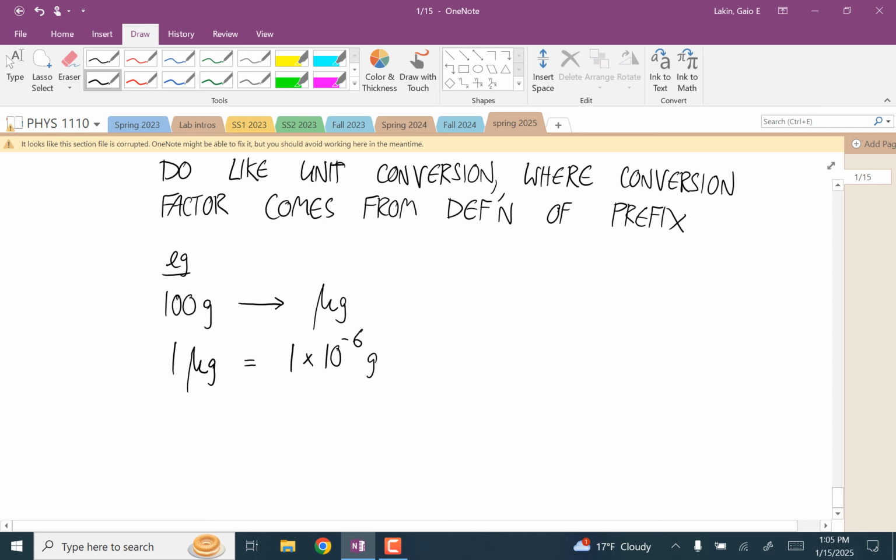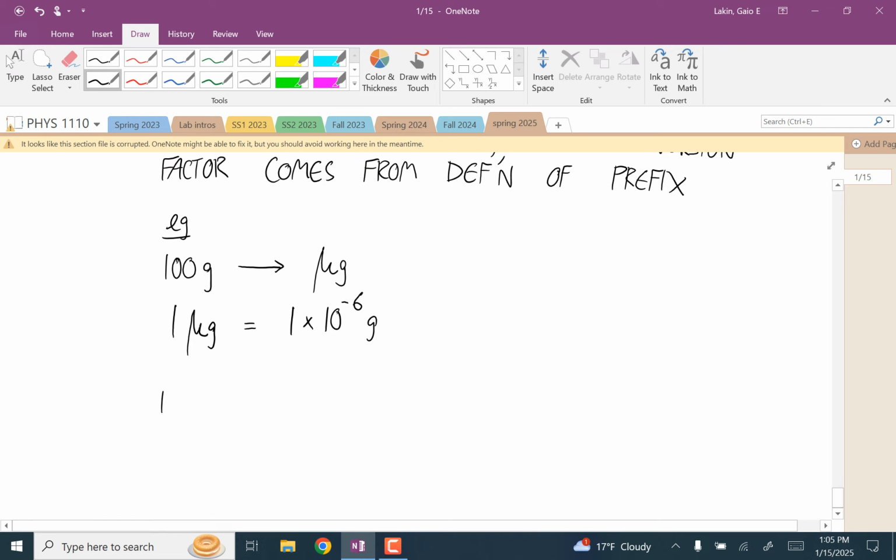Okay, and that gives us our conversion factor. And now we can just do it as a conversion. So we have 100 grams. We want grams in the denominator to cancel this one. The grams cancel, and we get,